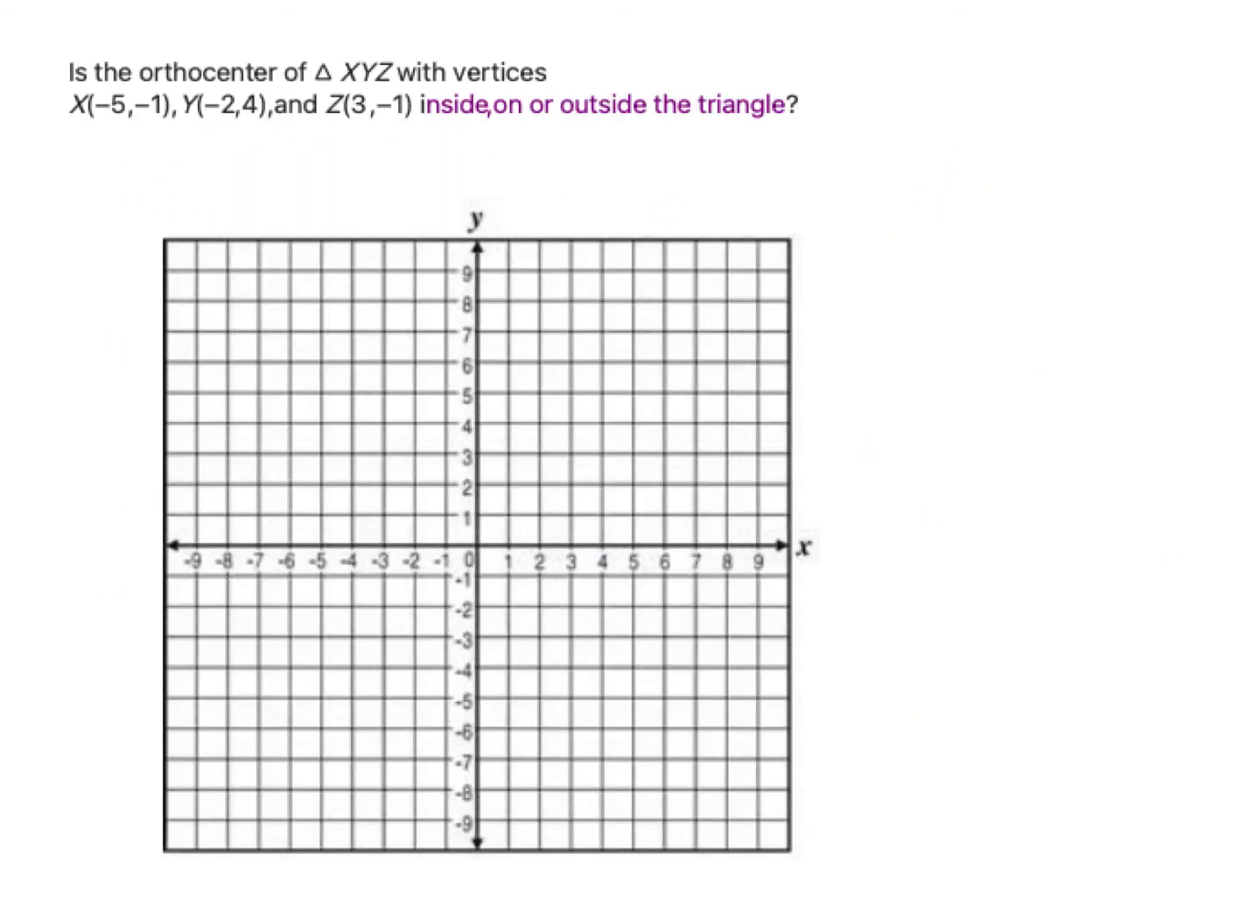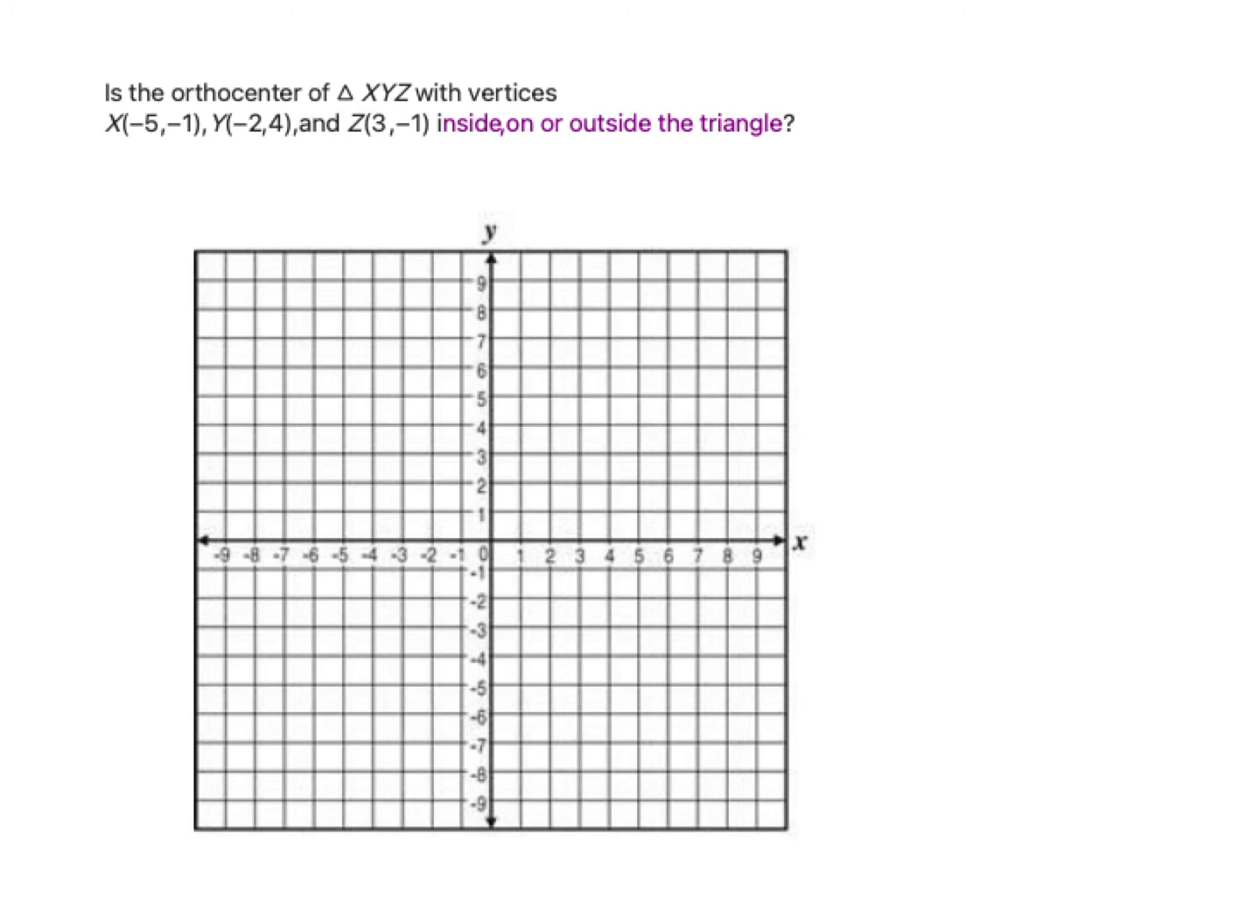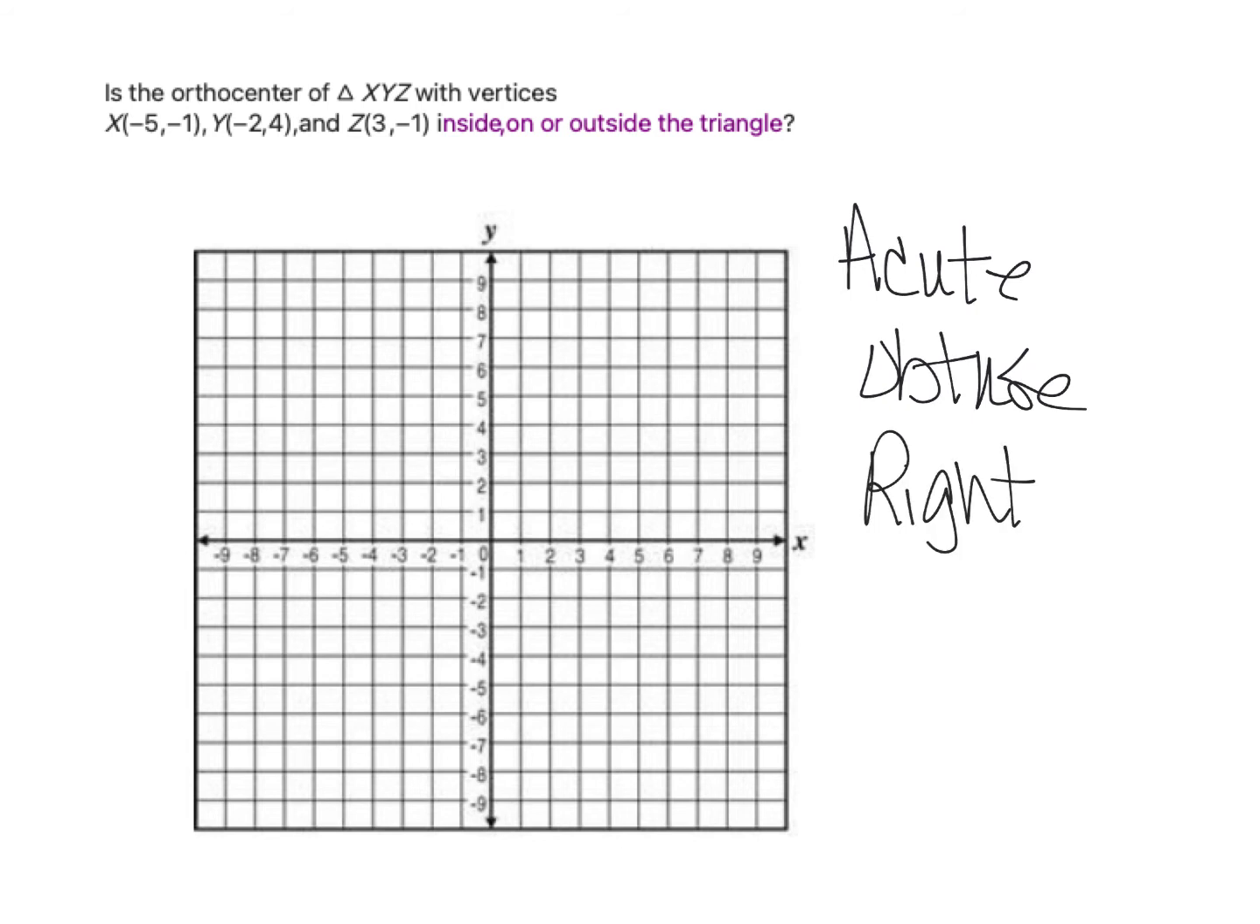Okay, so now we just want to graph a couple of triangles here and decide, based on whether the triangle is acute, obtuse, or right, whether that orthocenter would be inside, outside, or on. Okay, we're not actually drawing the altitudes and things like that. We can sketch them in here, but we're just going to decide based on what type of triangle it is, whether it would be inside, outside, or on. Okay, so if we plot our points,